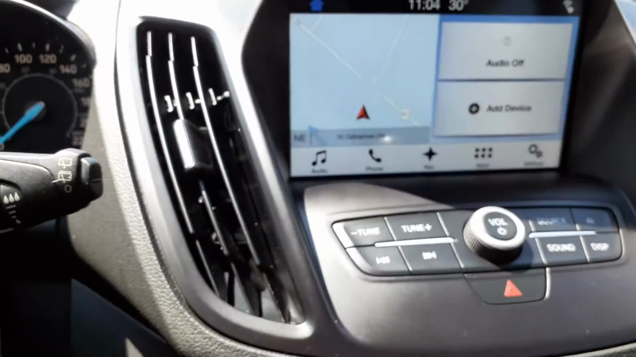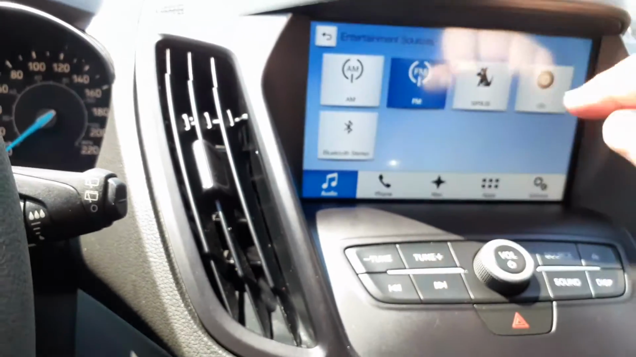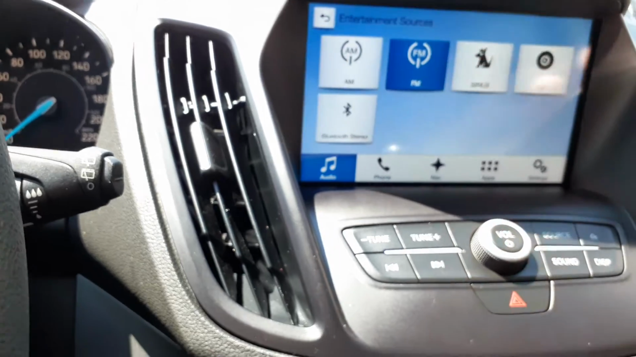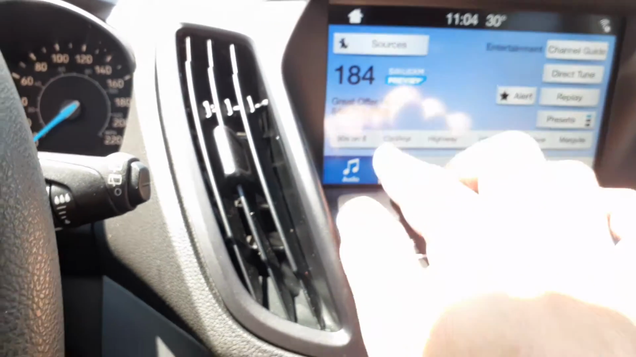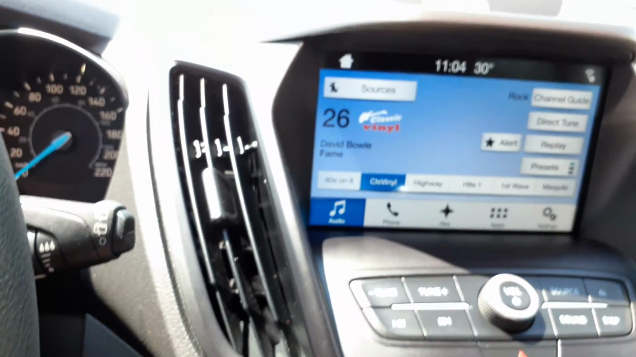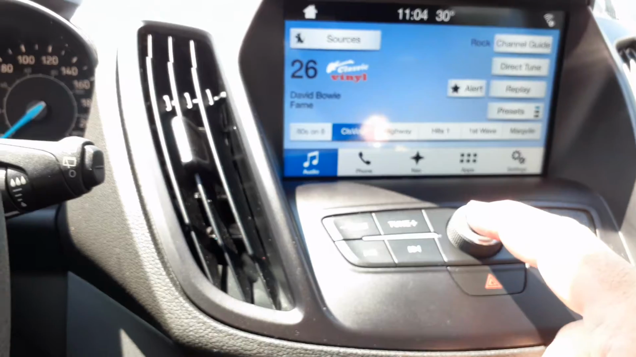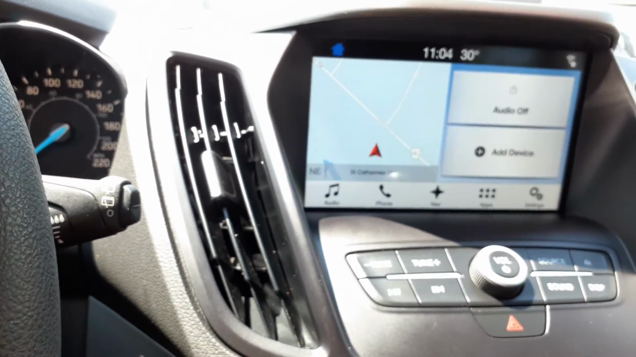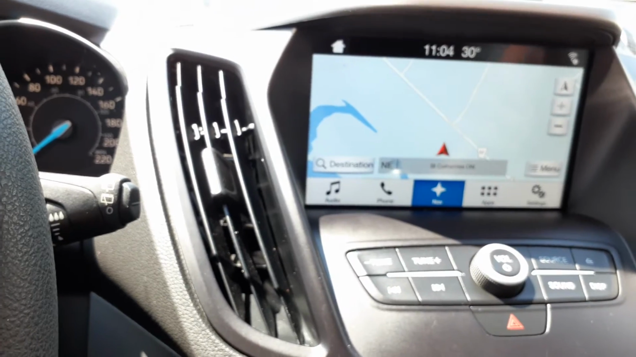Now, across the bottom, audio. So you've got your sources, AM, FM, Sirius, and then the next one over is navigation. So that'll bring up your maps,